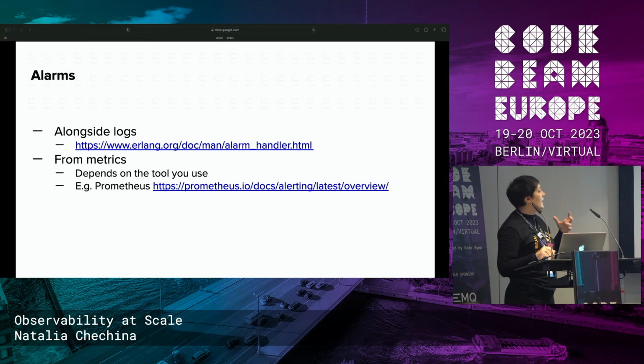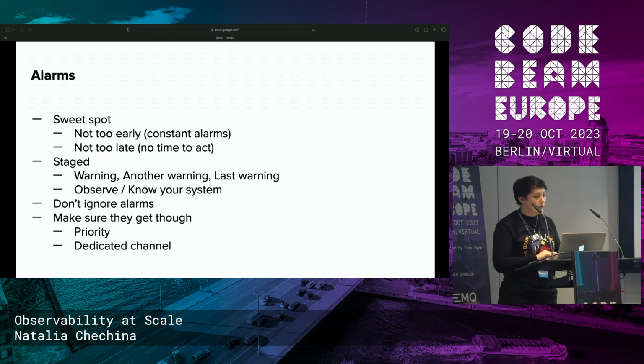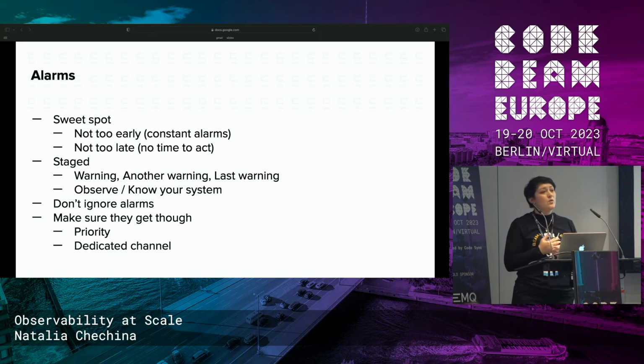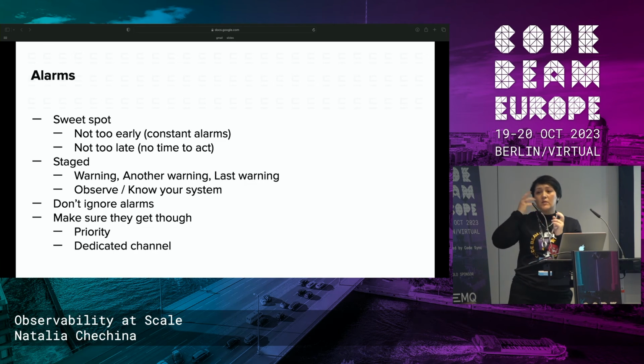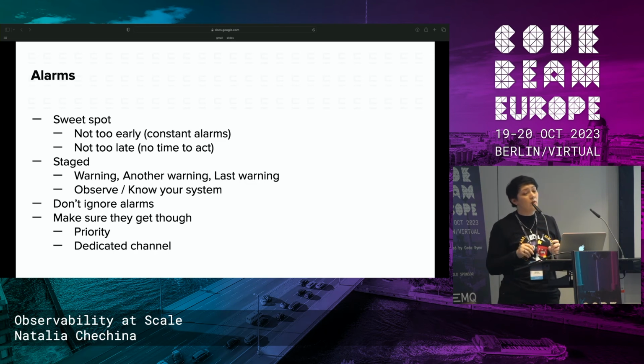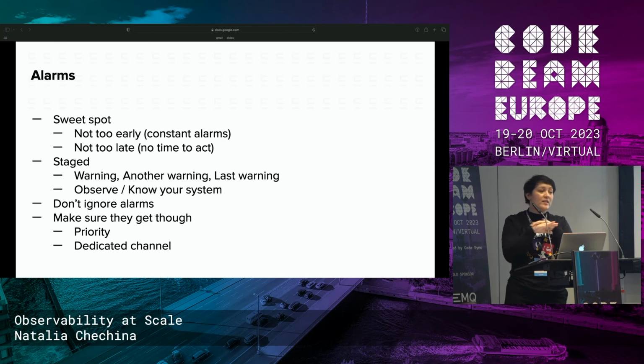And there are lots of things that you can extract and use, how you use them, and it all depends on the tools you use. Some of the rules that I would suggest is a sweet spot. And when we ask, how do we get that sweet spot, that's practice, right? Don't put it too low. You will get alarms raised all the time, and then you will get used to them, and that's the worst thing that may happen to you, getting used to alarms, right? Never get used to them.